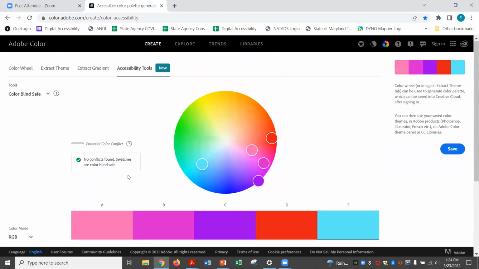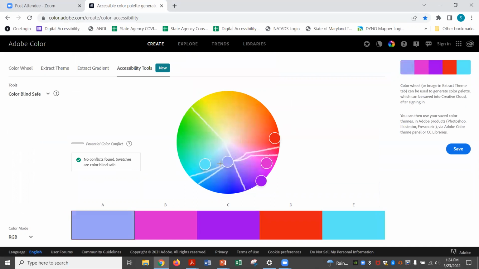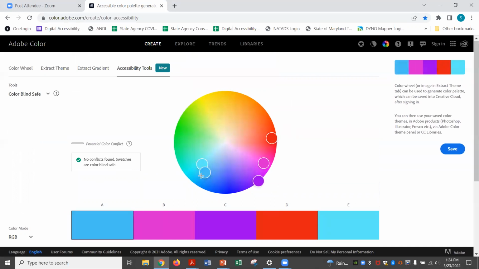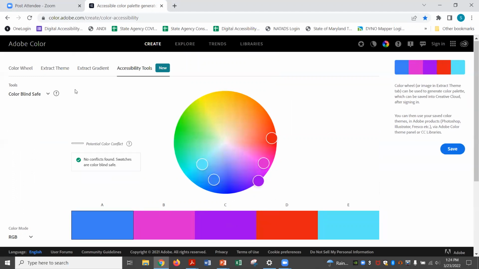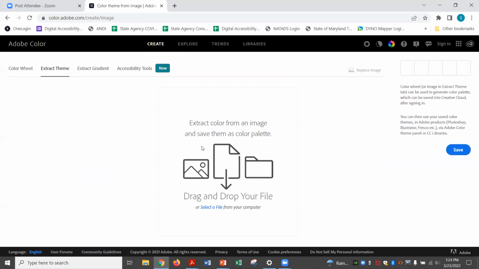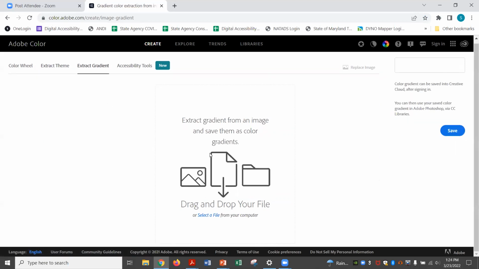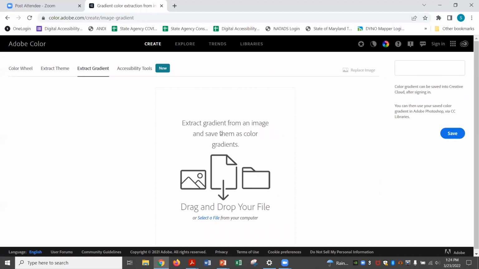The bigger thing is that it does point out to you here, but like I can drag this down here, and then, okay, A and C are now in conflict, so I need to move this to make it more distinct and safe. The nice thing about it too is that, like I said, you can put an image here and it'll pull out a color palette for you. You can also do a gradient from it as well. So it is able to pull out the colors you're working with